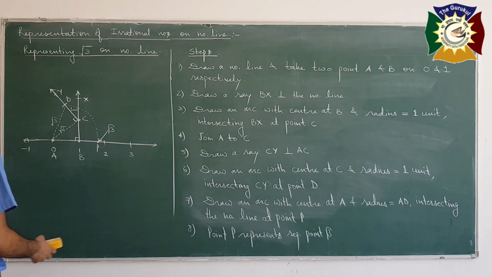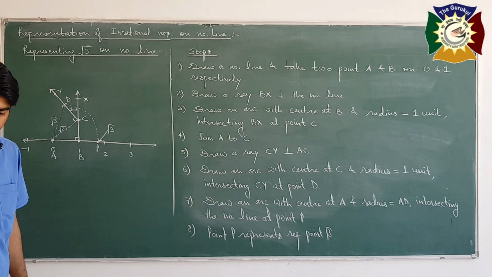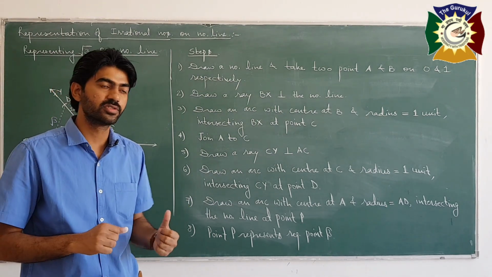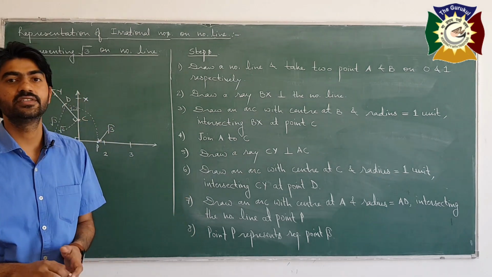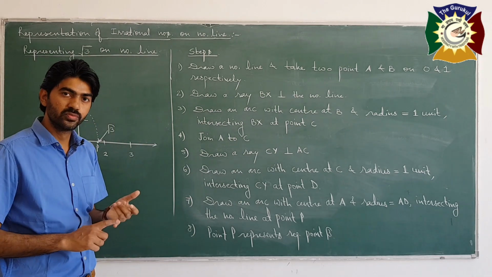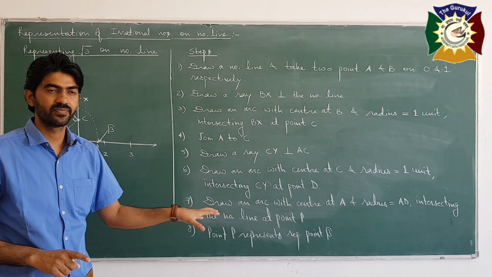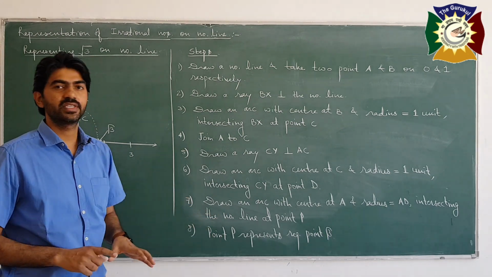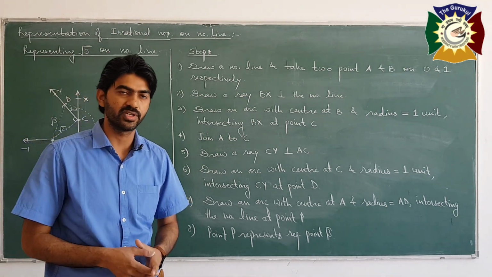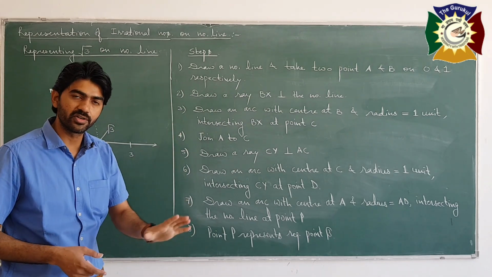There may be another method. One more thing I would like to tell you all: whatever we are discussing in these videos, you have to note down in your fair notebook. Representation of root 2, representation of root 3, you will note down all these things. Whatever examples are related to root 2 and root 3 are there in the NCERT book also. So these two things you have to do in your fair notebook.